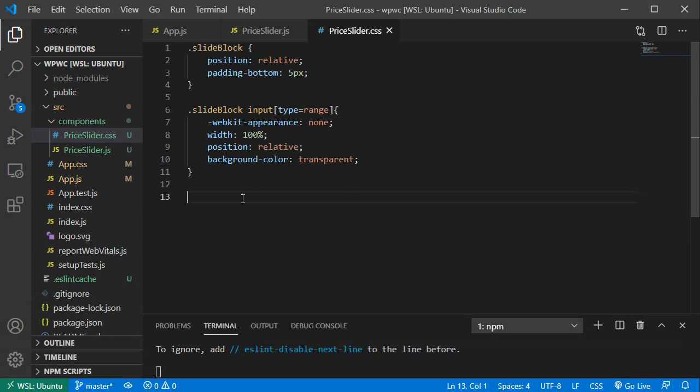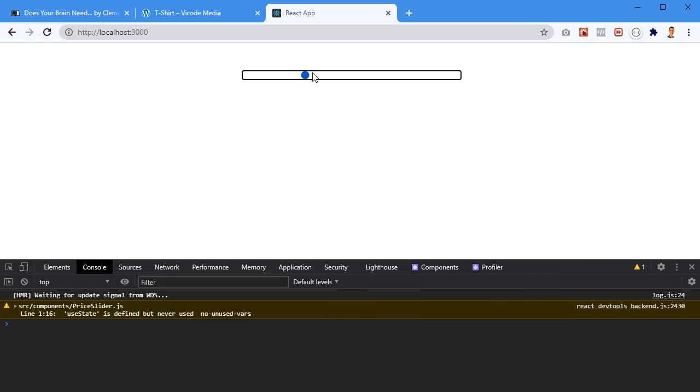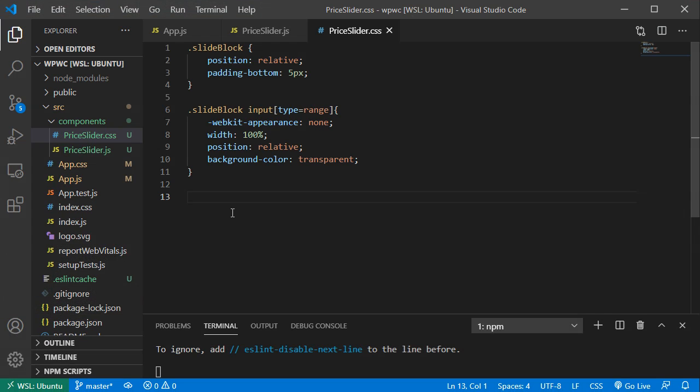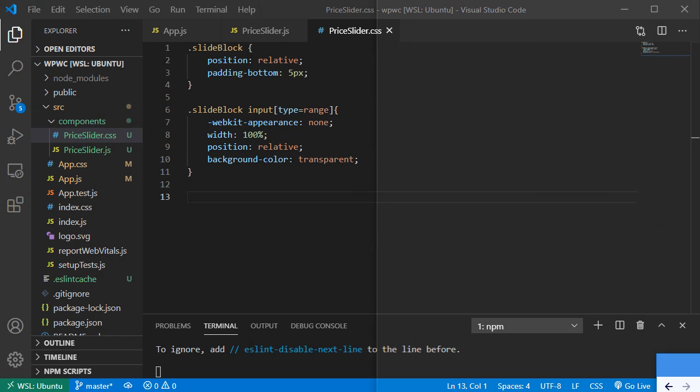Okay, so I have the slide block. I removed the default styling. Now I want to remove this focus border, because whenever I click on it, it adds this black border. So I want to remove that because I don't really like it. And to do that, I'm just gonna type in,